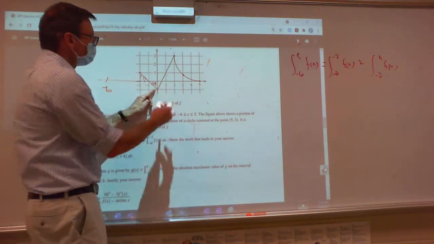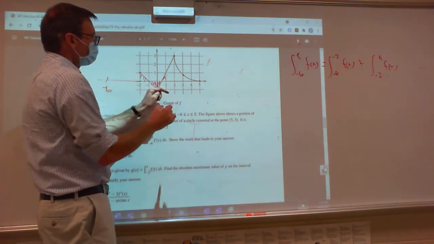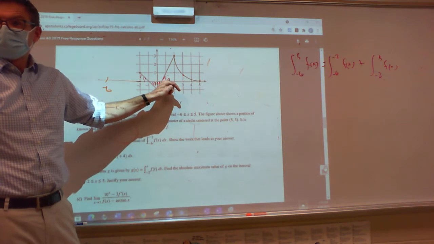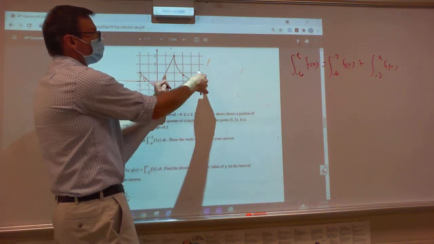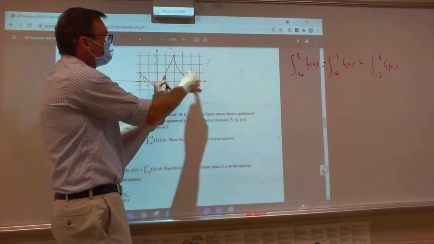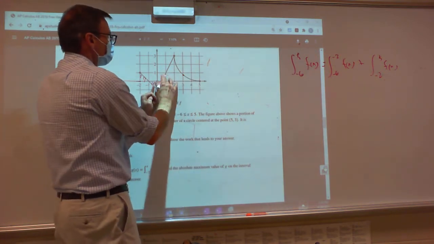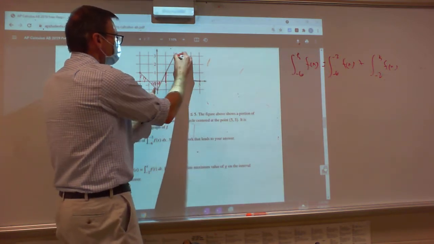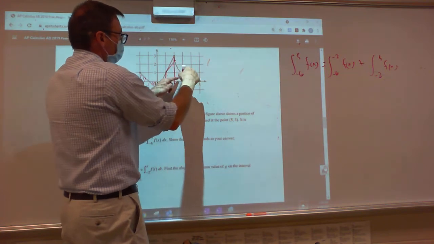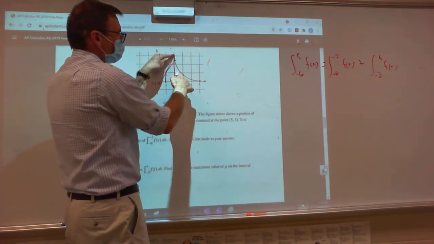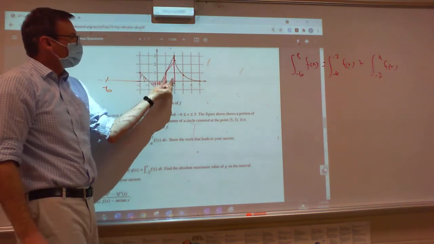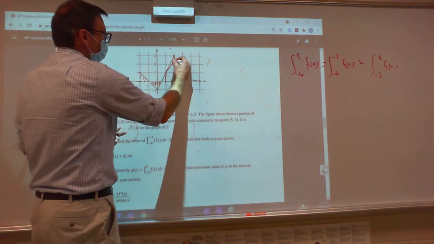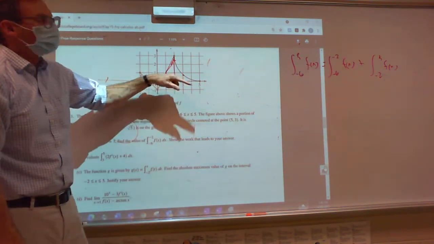And as I continue, I've got this area and this area. Do you see that those areas cancel out? So if I want to know the area from here to here, I really just need to figure out the area from here to here. And the area from here to here is going to be comprised of this trapezoid. And you see it's like a square minus part of a circle? Yes. Right? So to find the area of this trapezoid, well, you could average the bases times the height,